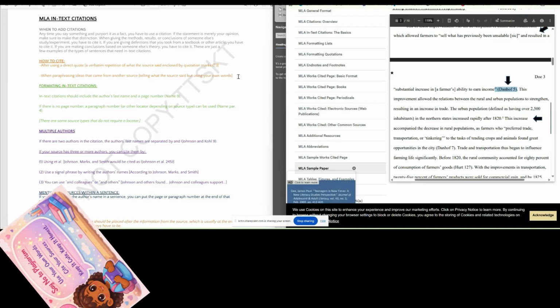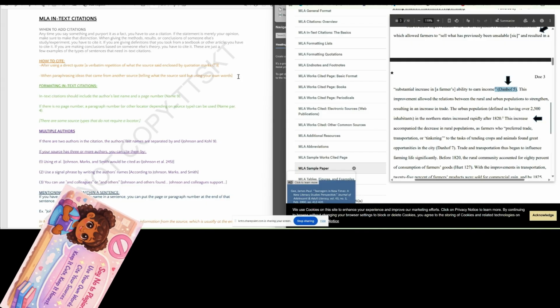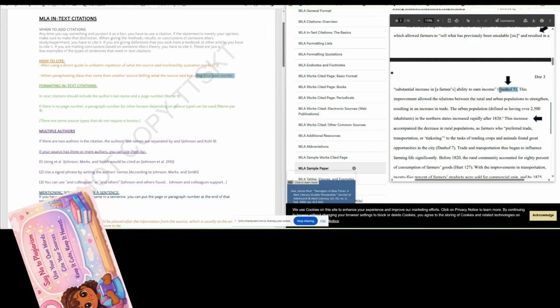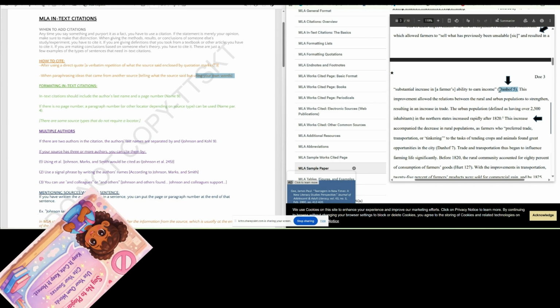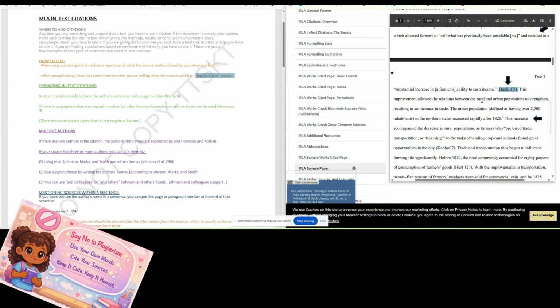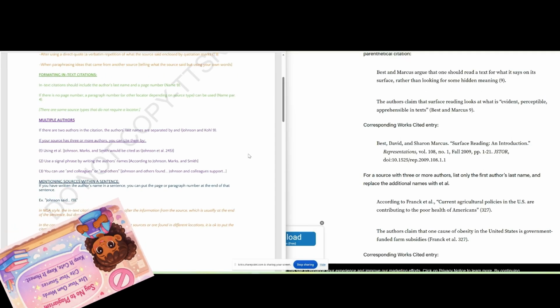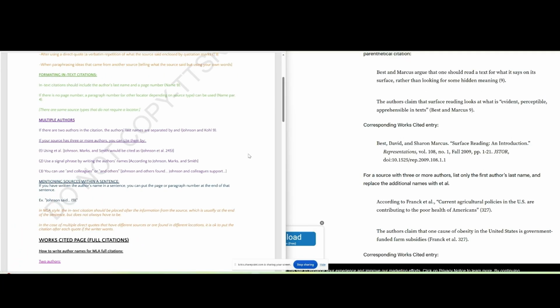If you rephrase it, paraphrase, using the source's idea with your own words, the in-text citation should also look like this. So no matter what, your in-text citation should look like this. What should your in-text citation look like? Exactly this. That is how your in-text citation would look if you do not write the author's name in a sentence, okay? So the in-text citation looks like the last name and the page number